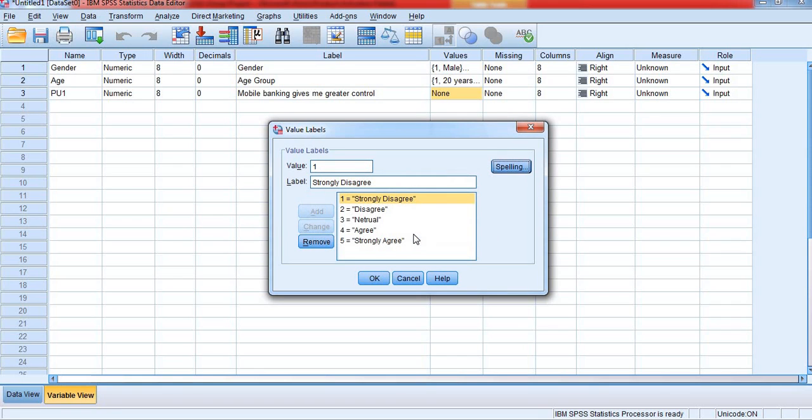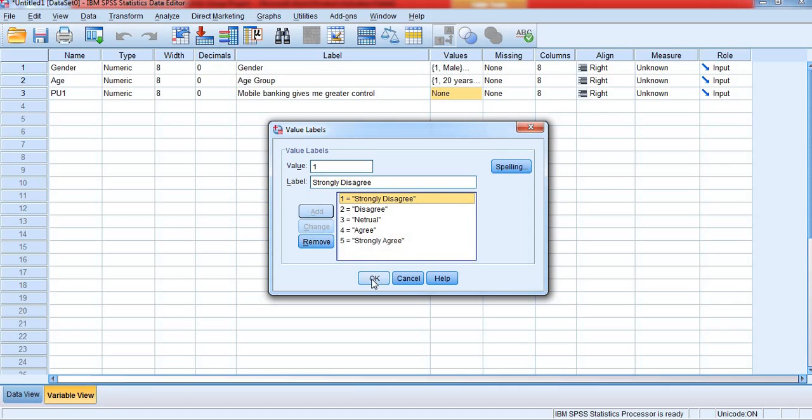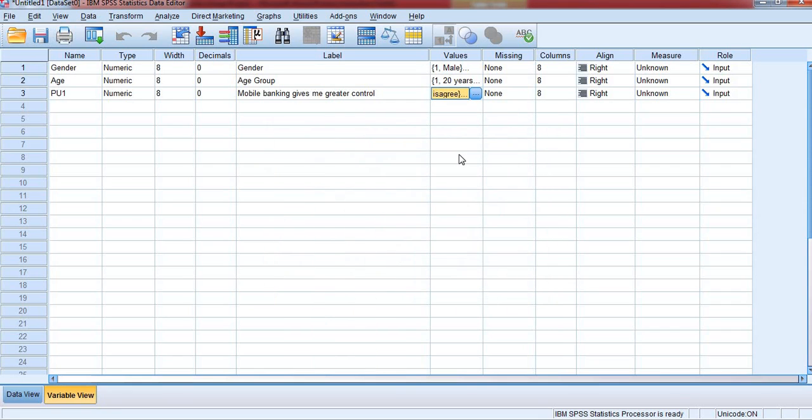Okay, now once it's done, you can select the values and check them one by one. Then you click OK. Once it's done, you can also create the other remaining 4 items: PU2, PU3, 4,